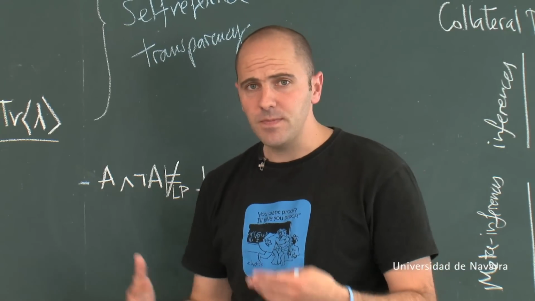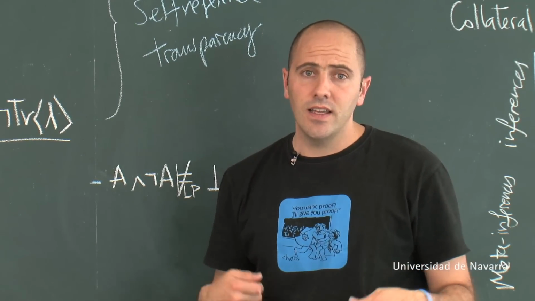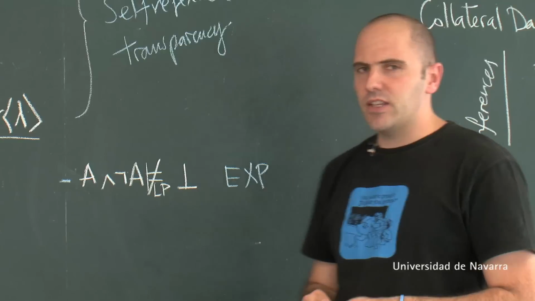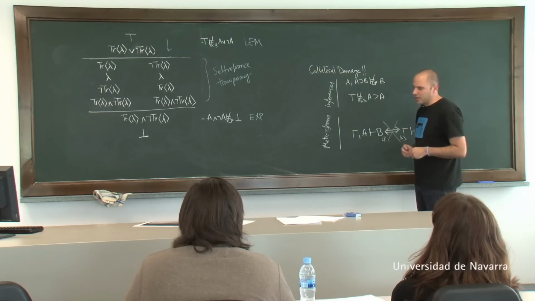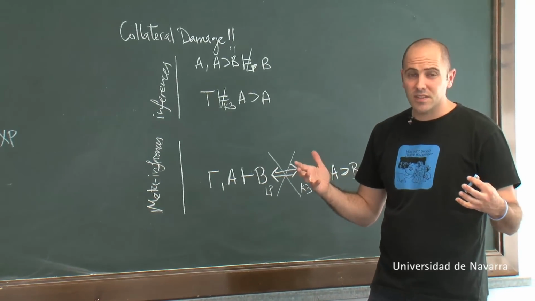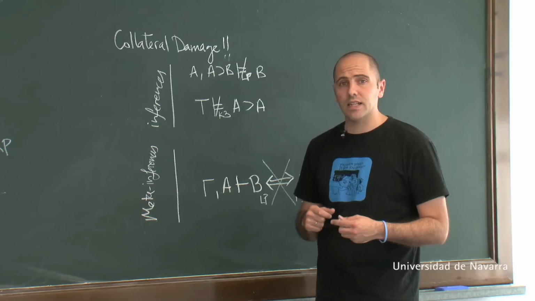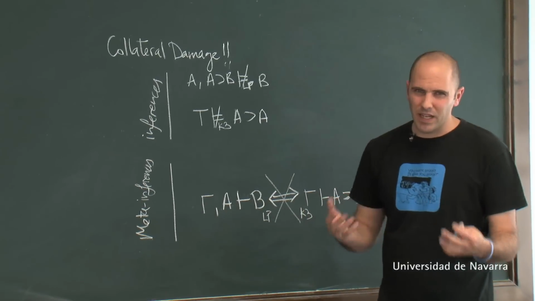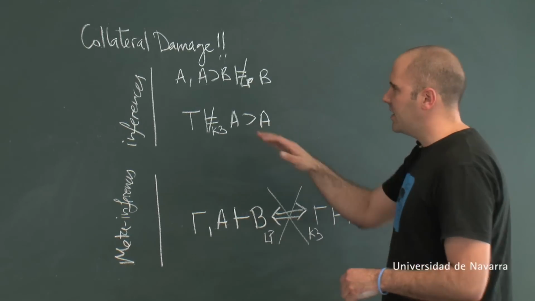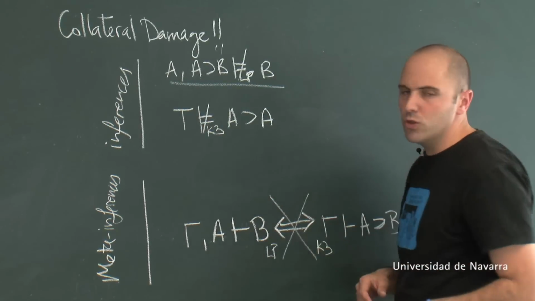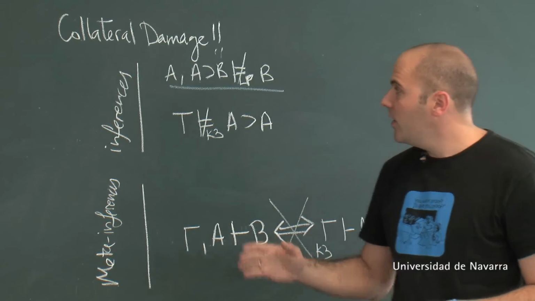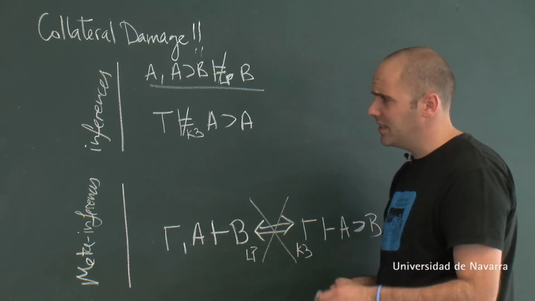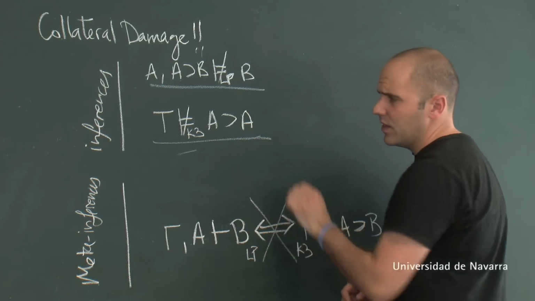So far, so good. The weakening of the logic, in a sense, is helpful if you want to hold a transparent truth predicate and self-reference. But I would like you to notice that there is some collateral damage. In particular, there are some inferences related to the material conditional in either LP or K3 that make this conditional very unappealing for lots of purposes. In LP, we know that modus ponens in inference form fails, right? So this is a very fragile conditional. In K3, perhaps more dramatically, this is not valid,